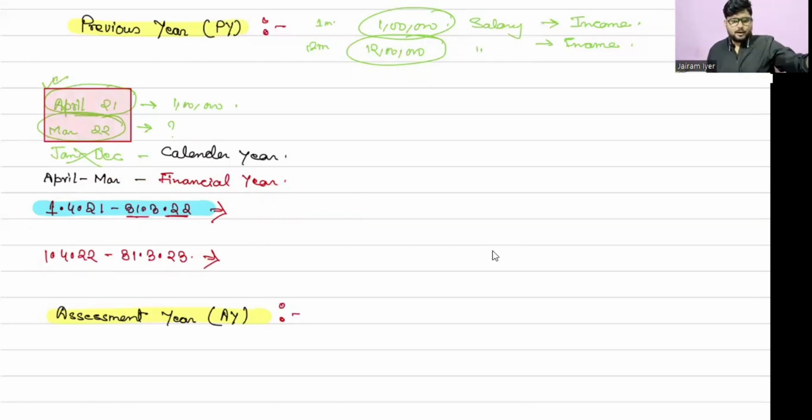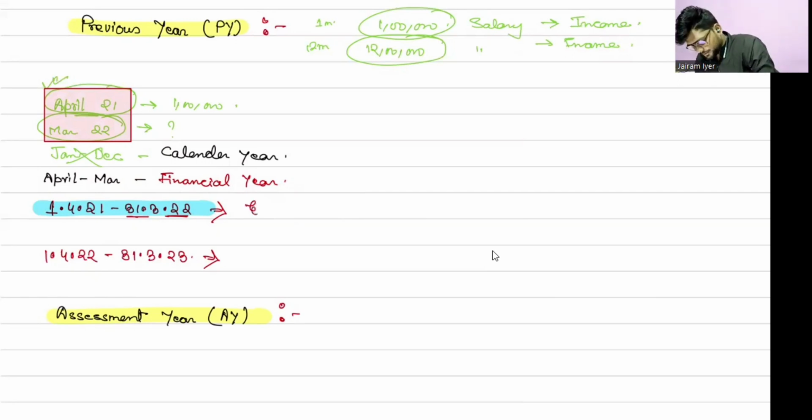पहले साल में क्या हुआ, ये मैं बाद वाले साल में खड़ा होकर ज्यादा अच्छे से जान पाऊंगा ना, बजाय मैं उसी साल बता दूं मैं क्या कमाने वाला हूं। ये आपको नहीं लगता ये बेटर है कि मैं अगले साल बताऊं मैंने पिछले साल कितना कमाया? ये लॉजिकल भी है और ये होता भी है। करेक्ट।